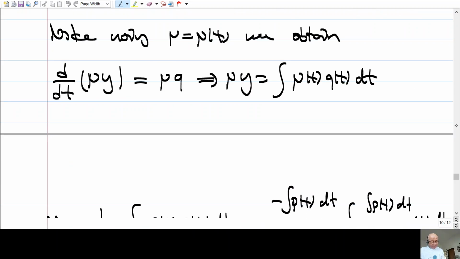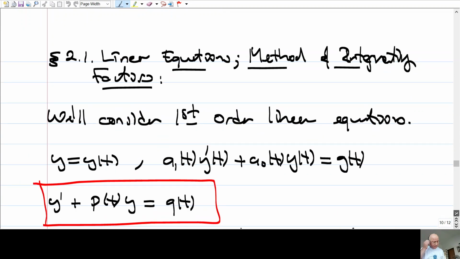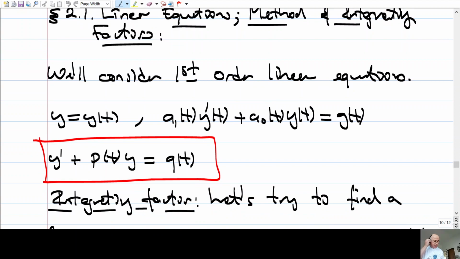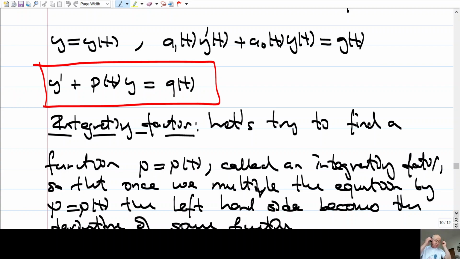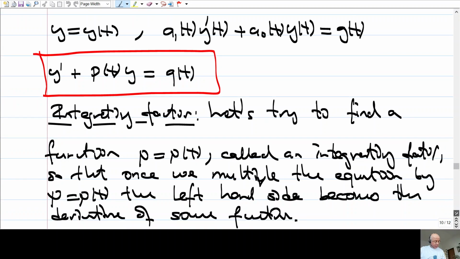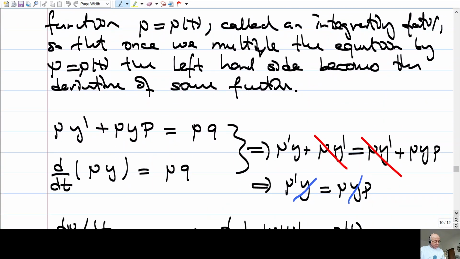So once we are given a linear equation like this, we find a so-called integrating factor, which is a function, so that when you multiply your equation through with this integrating factor, the right hand side of the equation becomes the derivative of mu times y. So you look for a function which does this,